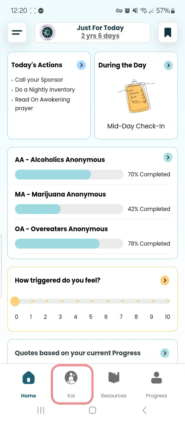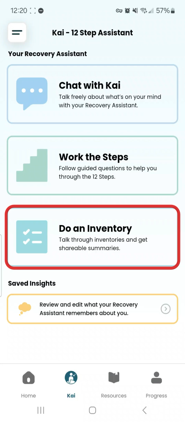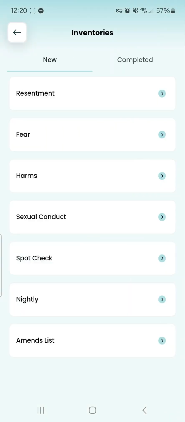First, tap on the Kai button on the navigation bar. Then select Do an Inventory. You'll see the many options we have here: resentments, fears, harms, and sexual conduct form the basis of step 4